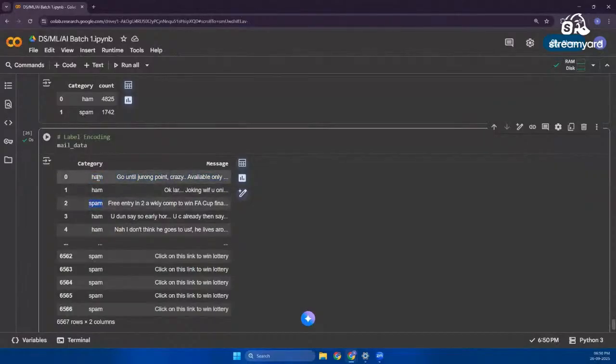The simple thing that you can do is wherever you can see ham, I'll change that to 0. Or let's say ham, change that to 1, and spam, I'll change that to 0. Once converted into 0 and 1, the category column has been converted properly. But what about message? Before that, let us first do it for category. To do that, we are using something called